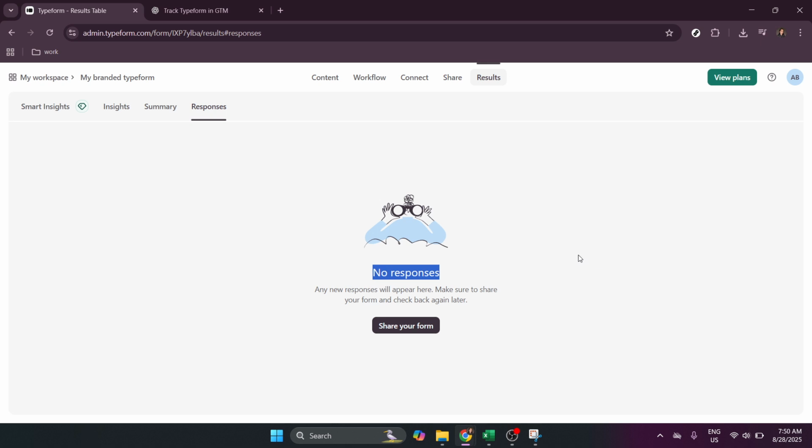The next step involves exporting your data. We'll do this by exporting it as a CSV file. This format allows for flexible data manipulation and is easily compatible with many analytical tools. In the responses section, look for the export option and choose CSV. Once exported, the file will be downloaded to your computer and you're ready to move on to the next part